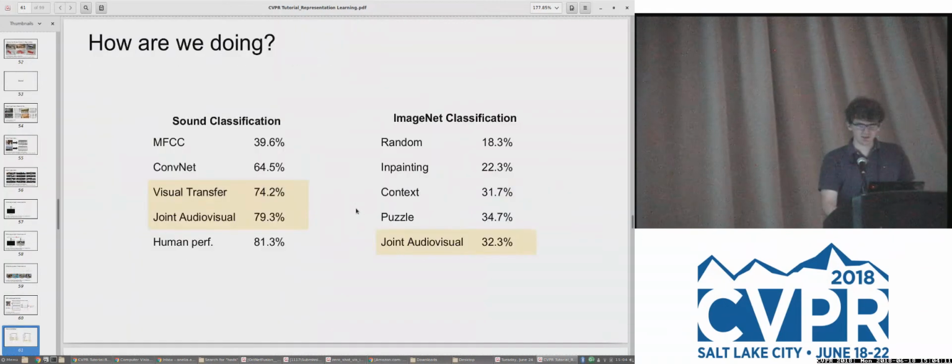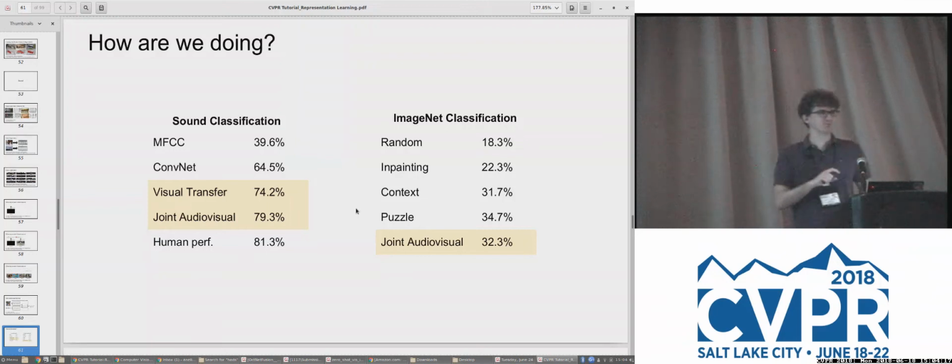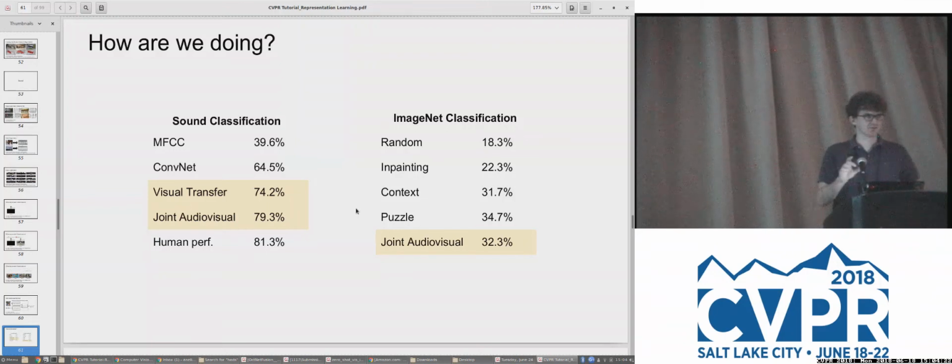And what they show, which is super cool, is that you get these features that work in now two modalities. So you have these features for sound classification that you can use for recognizing these ambient sounds. And you also have these features for vision, which you can use for visual classification. And so here we're showing two different results tables. The left one is just on sound classification. The right is on